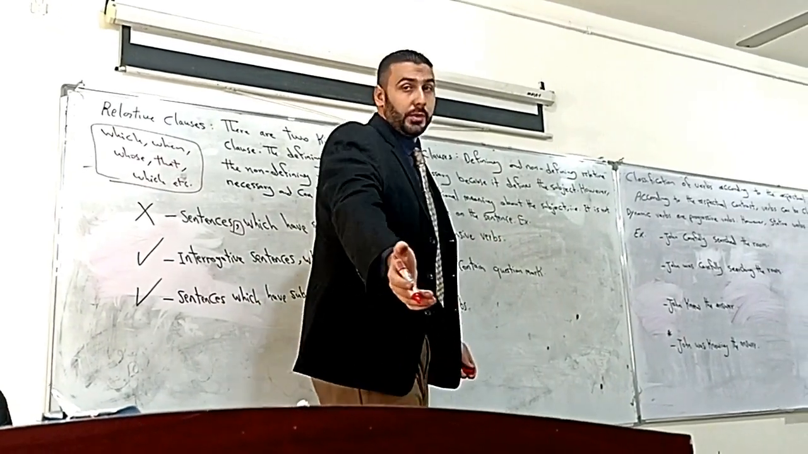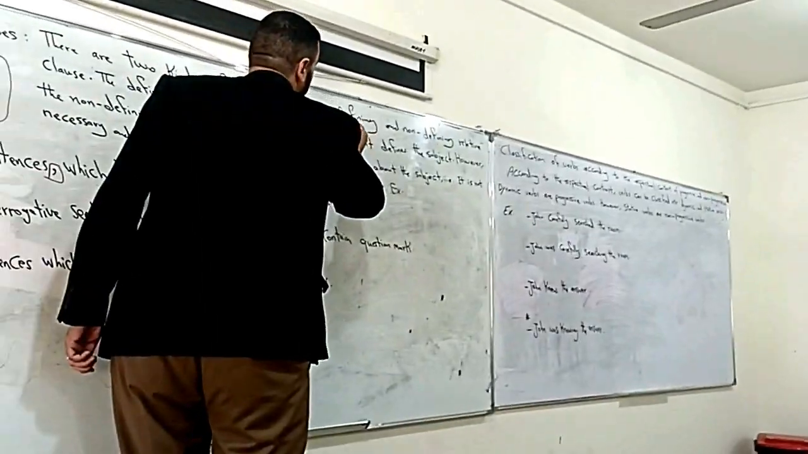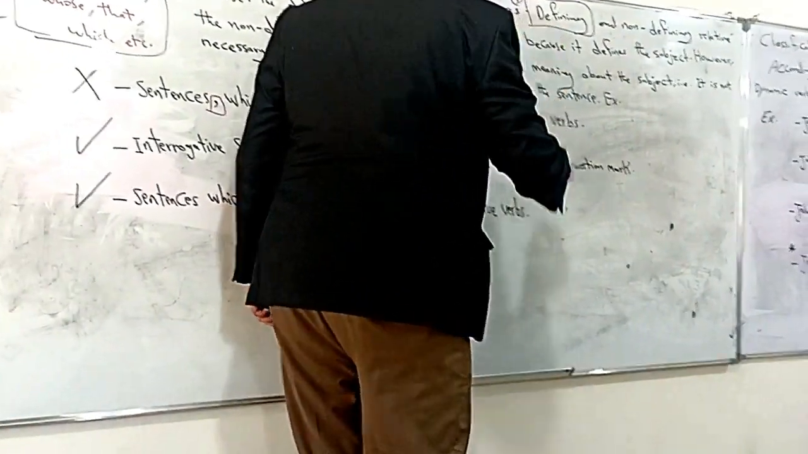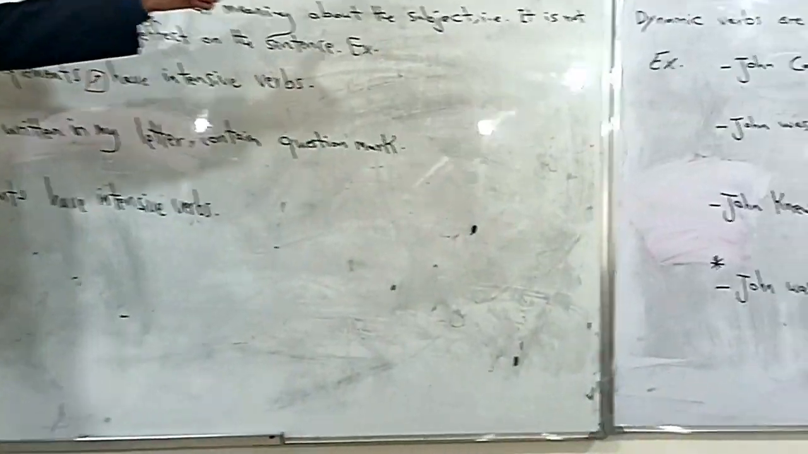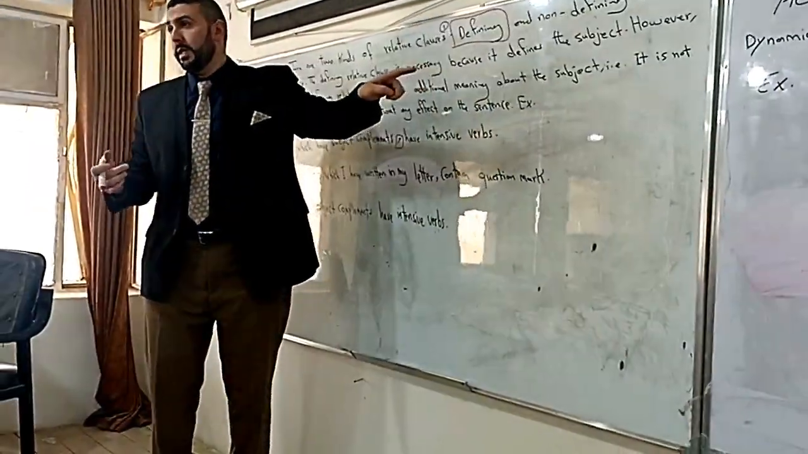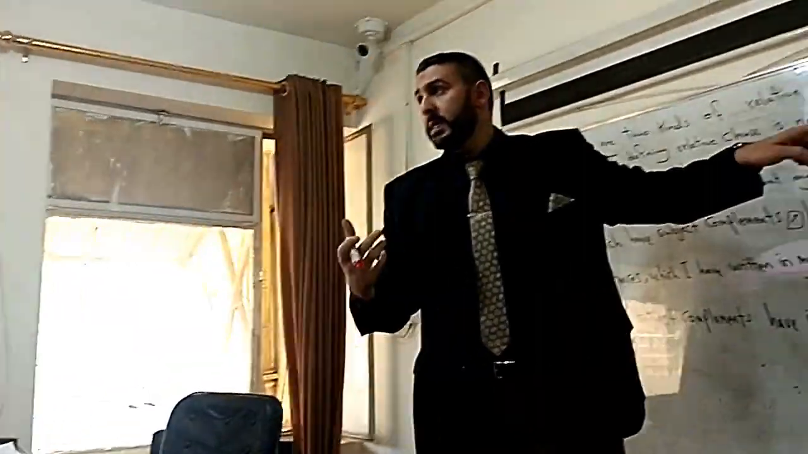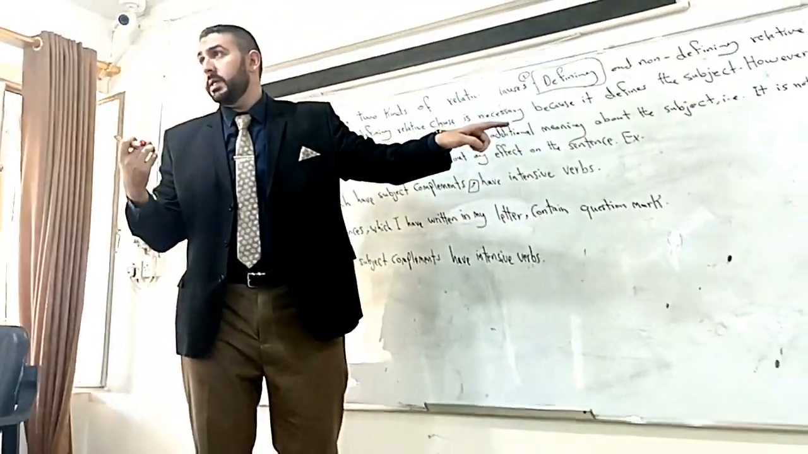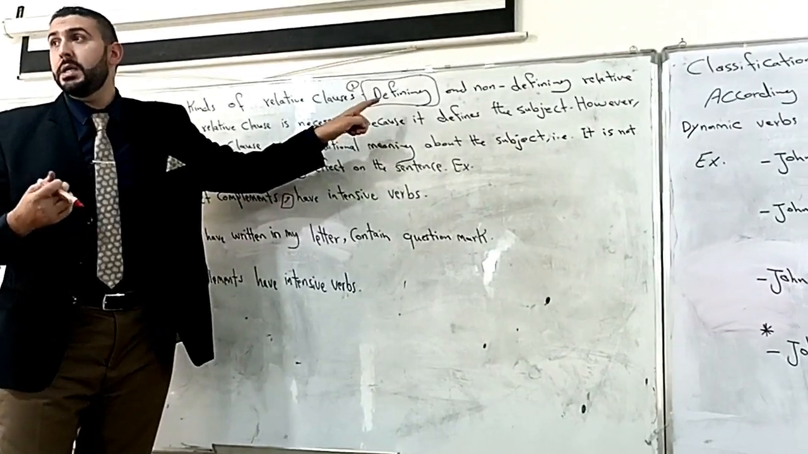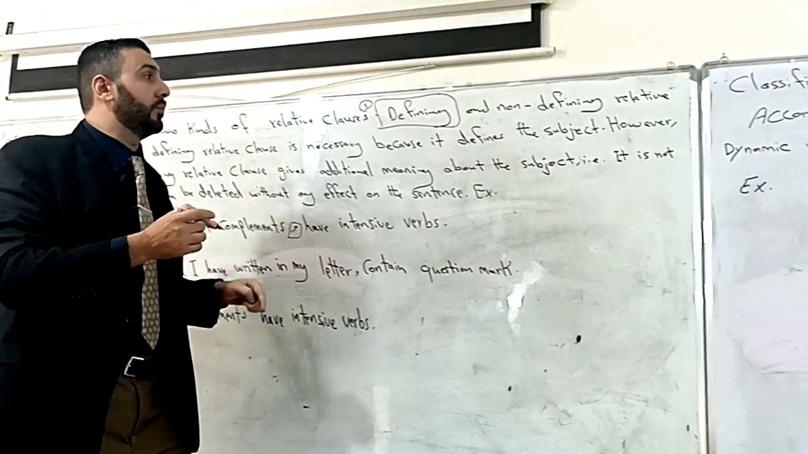We have either defining relative clauses. This is the first kind. Defining relative clauses. Defining means it defines the subject. It is necessary for the subject. So the first kind of relative clauses is defining, and the second one is